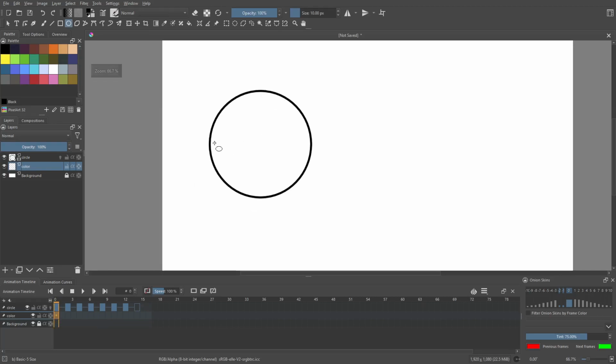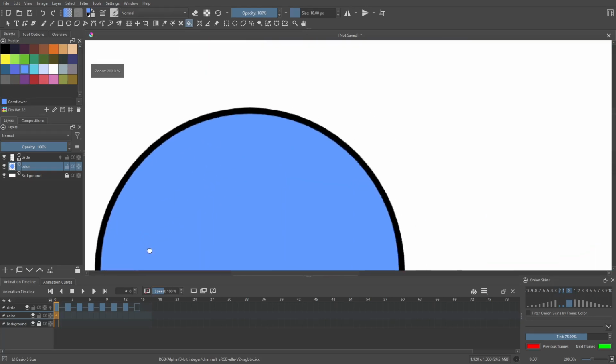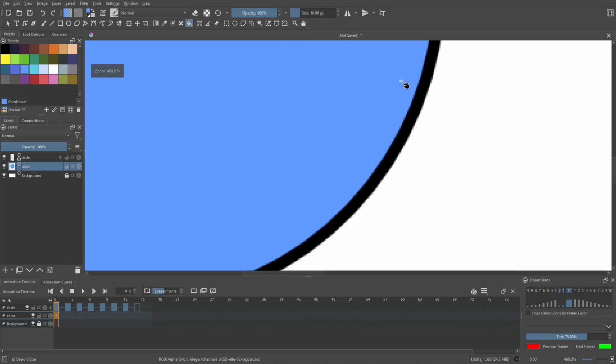Now for the color, this is the way that I do my color, and there's a lot of different ways to do everything, of course, in any program you're using, but this is a very simple way that I like to do it. Let's go ahead and grab the paint bucket tool right here. Let's say I want to make this circle blue. Why not? Cornflower blue. Perfect. Nice. What we need to do is grab the paint bucket tool and then just click inside of this circle. Now you can see that when we zoom in here, it looks good, and that's because I have all my paint bucket